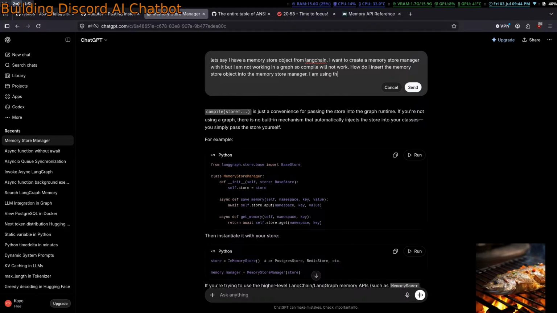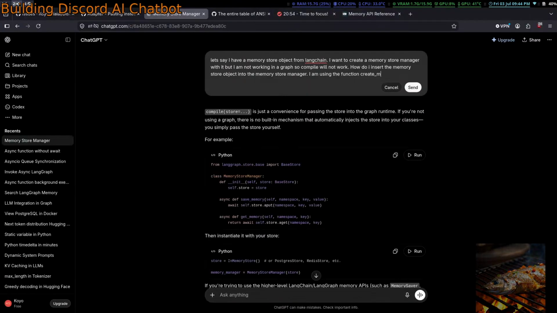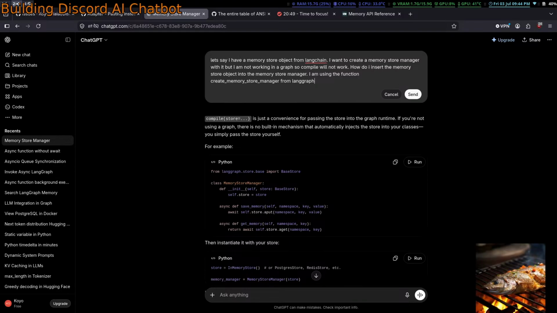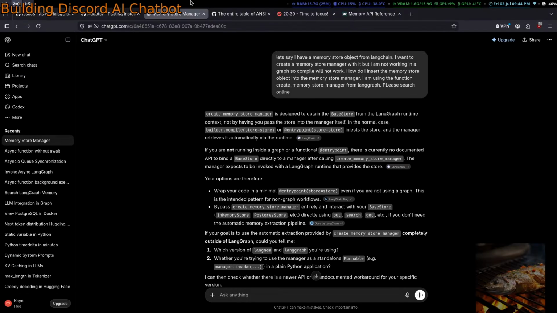I am using the function create memory store manager from LangGraph. Please search online. It is designed to obtain the base store from the runtime context.